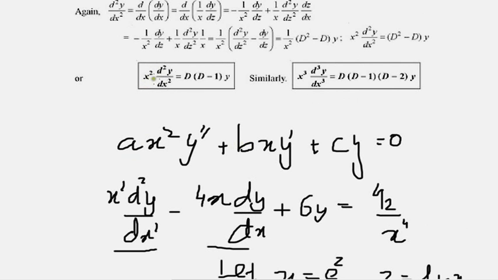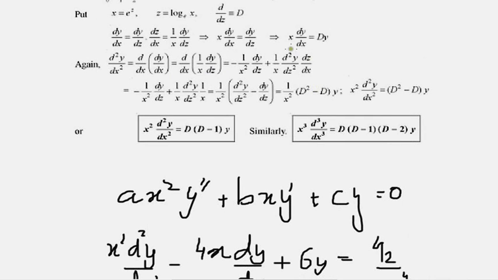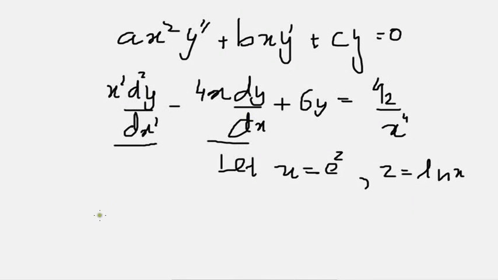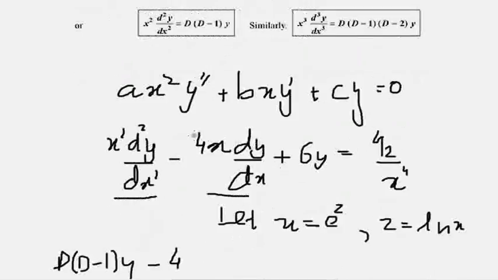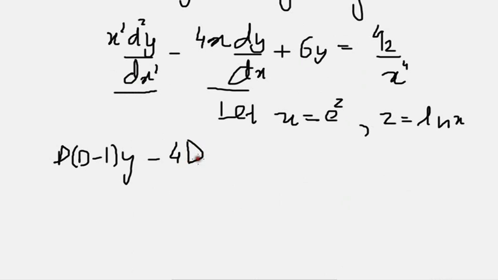The second order substitution is D into D minus 1 y, and this is the first order substitution, so we can simply substitute this instead of this. So it will be D into D minus 1 y minus 4 into Dy